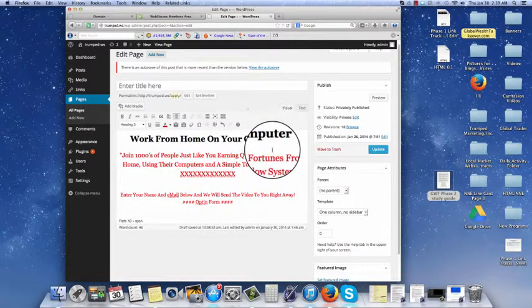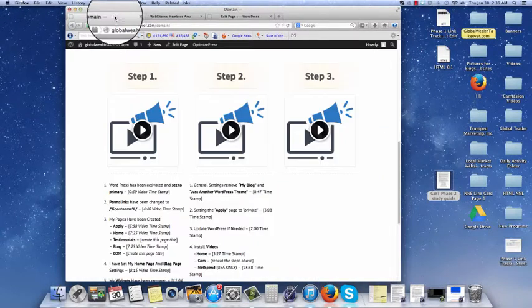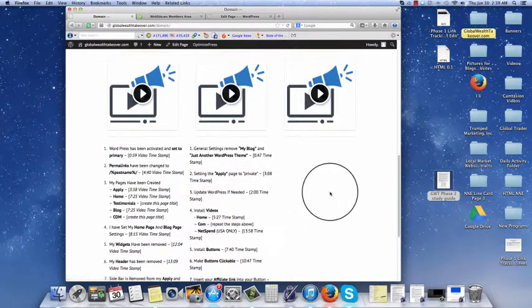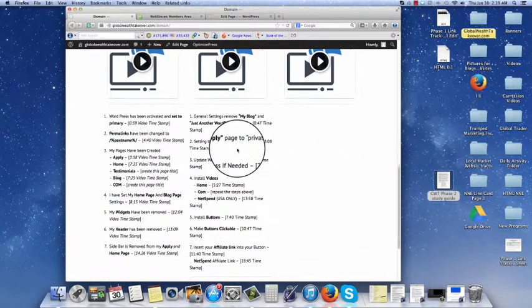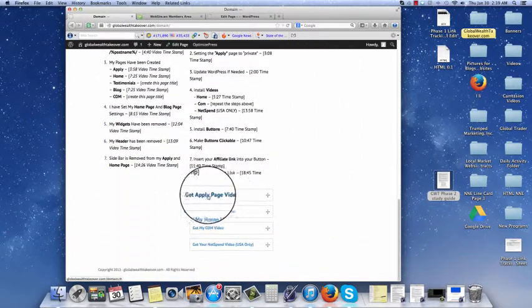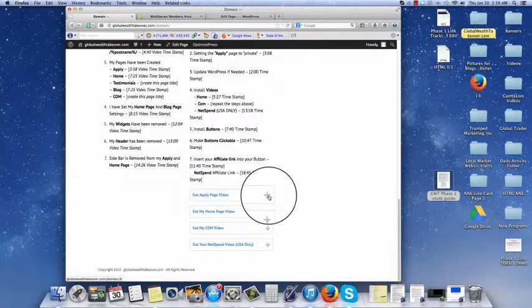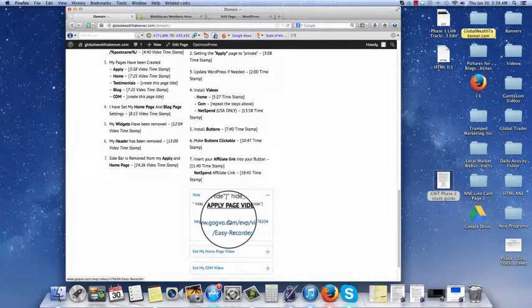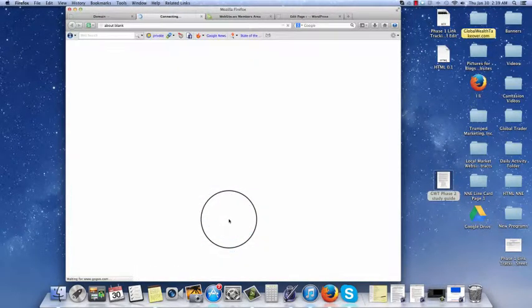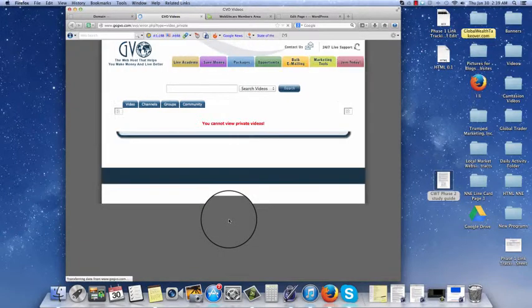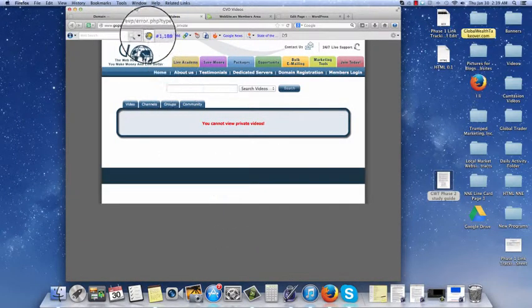So right on the same page you're actually watching this video on, if you come back here, this is what it's going to look like. Obviously there's going to be some differences because we're in the middle of building the page. You need to go down right here where it says get apply page video. Okay, and I do believe we might have somewhat of an issue with that because I think I set it to private and it looks like I did. Oh no. So I'm going to log into my